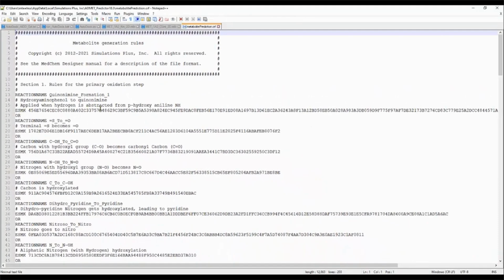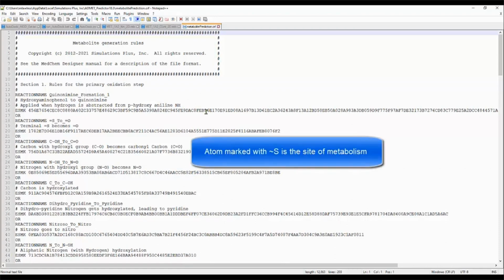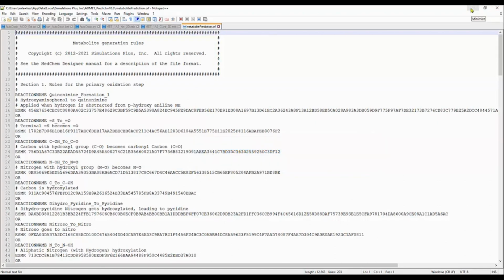As I mentioned, they are encoded, but we do have comments for transforming these. If we could unencrypt these, we'd see that on the left-hand side of the equation, there's an atom that is marked, I think, with an underscore S, and that indicates that it is the site of metabolism. And the program internally would mark it as a site of metabolism and then perform the transformation, which would generate